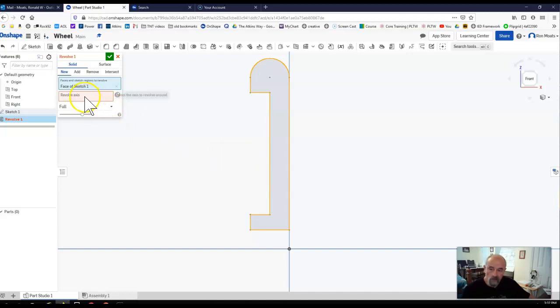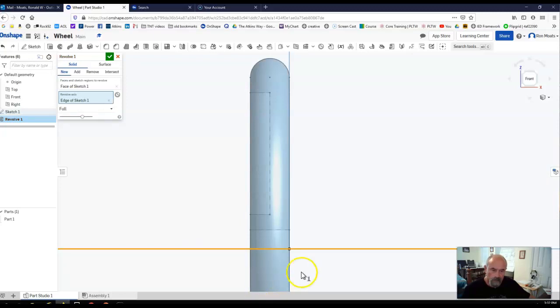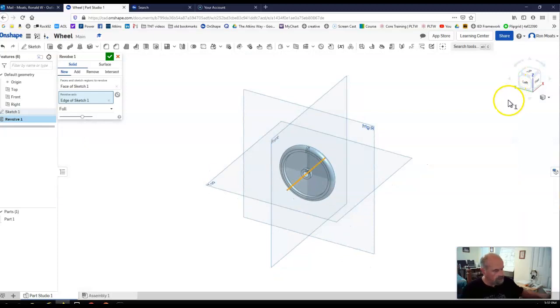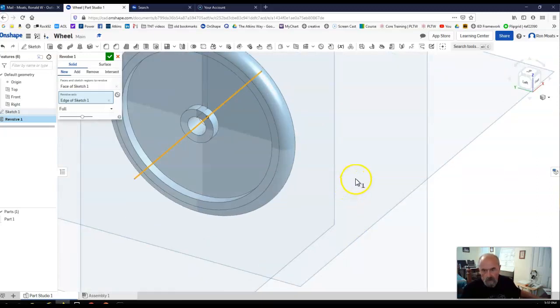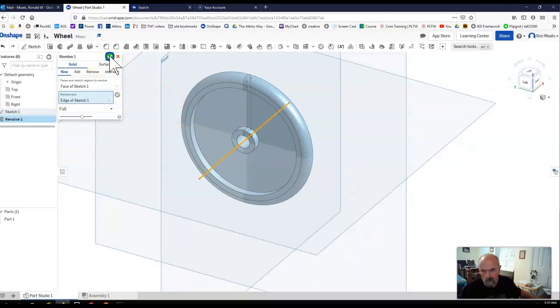Now this window pops up that says revolve axis. Wants to know what are you going to spin it around? Because we could spin it around the bottom of this object, this bottom line. But what we're going to want to do is click on that line that we drew at first. There's a little bit of latency on the internet here today, so it's running a little slow. So, and after it does, you'll see that this is what it has created. Okay? So, we're going to click OK,